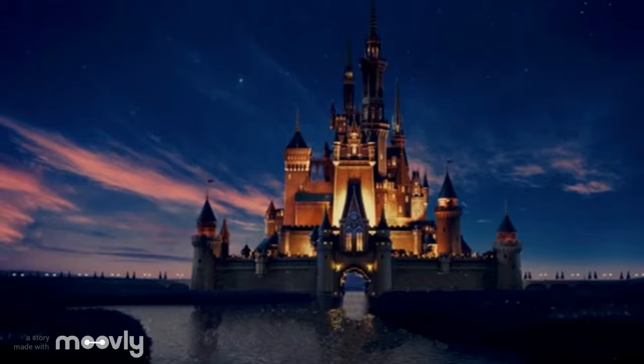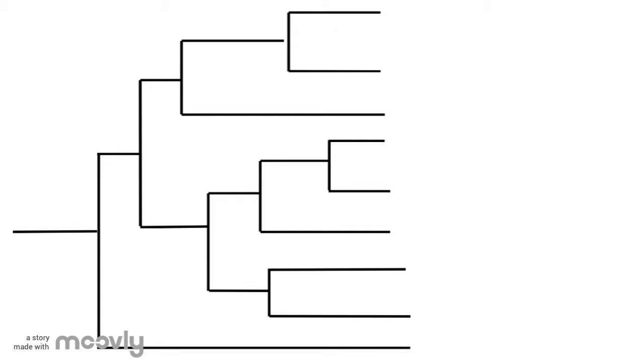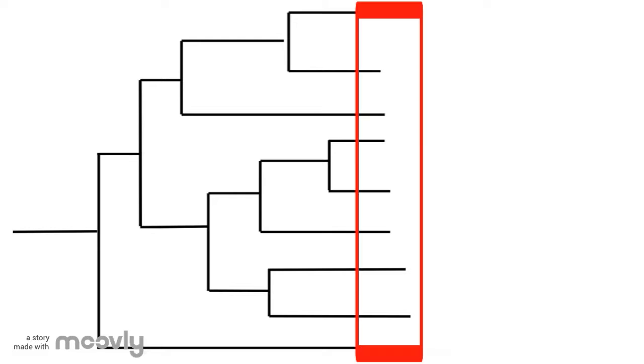For this example, we will be looking at famous Disney cats. Here's what the blank phylogenetic tree looks like with no OTUs. Phylogenetic trees all look different, and there is no one structure for them. Looking at this tree, we can see that the OTUs will go here.